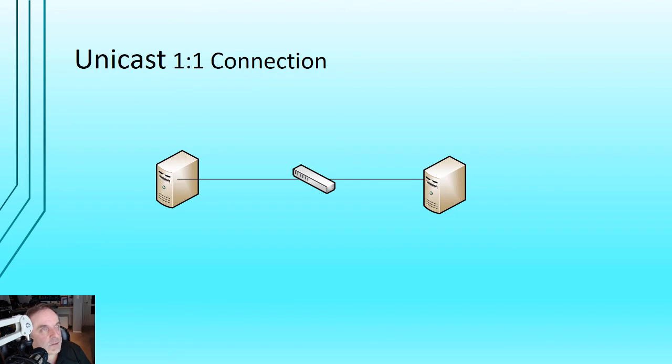Unicast addresses are usually used by devices for end-to-end communication, and they use standard IP addressing, which we've talked about in previous videos. So an end-to-end communication example might be your computer connecting to an email server or your computer connecting to a web server, something like that. This is the typical way we send out data traffic. When you want to open a file share on a server, you use a unicast by default.